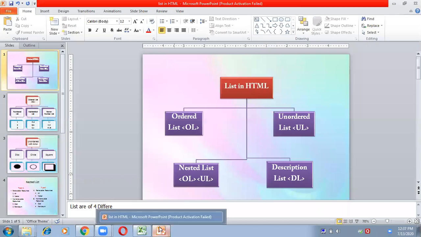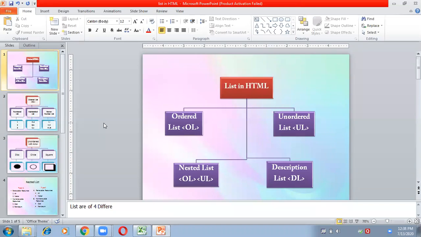Next is how to save it as a PDF or how to make it as a video. Sometimes we require to convert the slideshow into a video, so that I need not press the Enter key every time to go to the next slide.